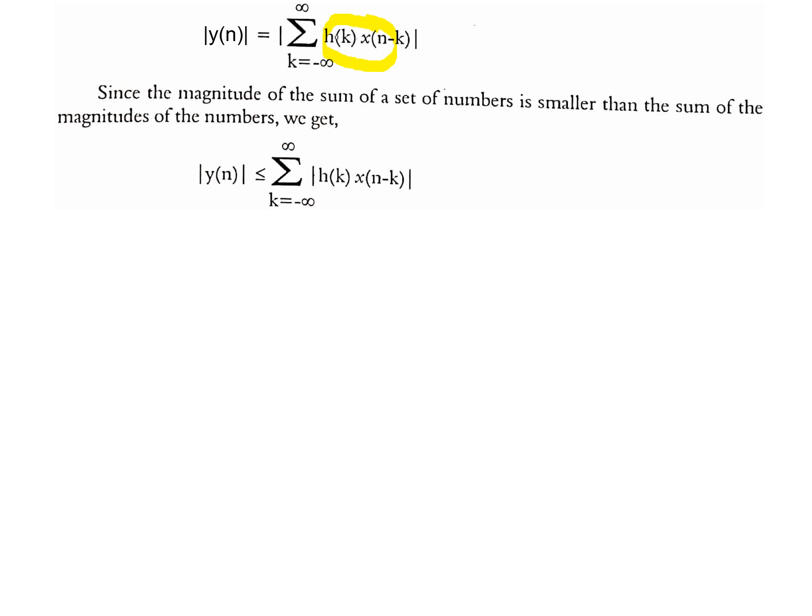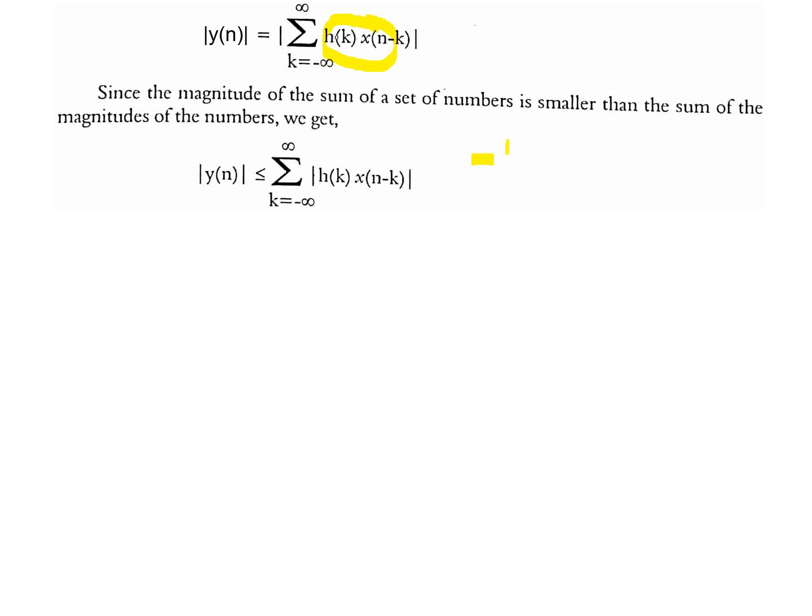Why does it become like this? That is, modulus of y of n is equal to modulus of summation h of k into x of n minus k. If I take the magnitude outside, you can see one sentence here: since the magnitude of the sum of a set of numbers is smaller than the sum of the magnitudes of the numbers, that means